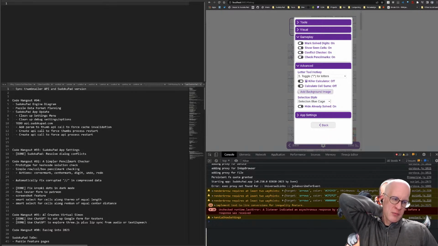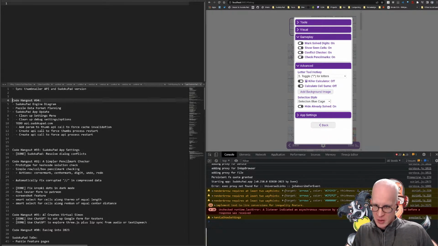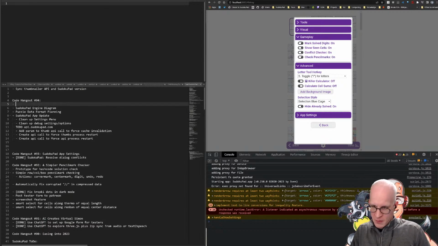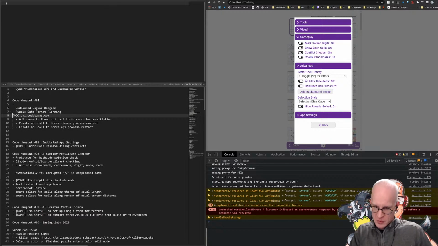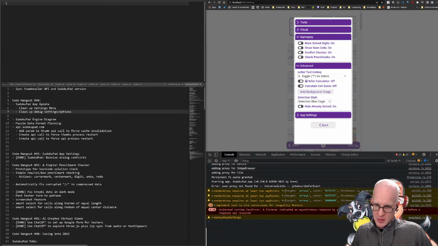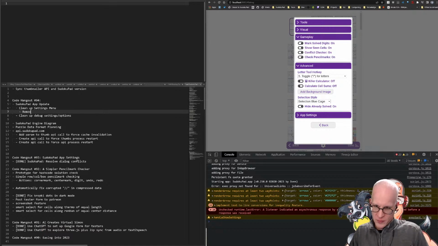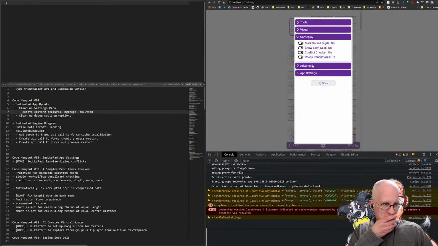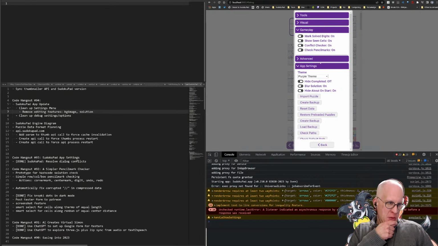All these, we need, yeah, let me add that as a to-do item here. Sort of settings up, SudokuPad app update. We'll do this. We'll do this. Settings menu. We'll say remove editing features. Background, BG image, solution. I'm almost loath to even include